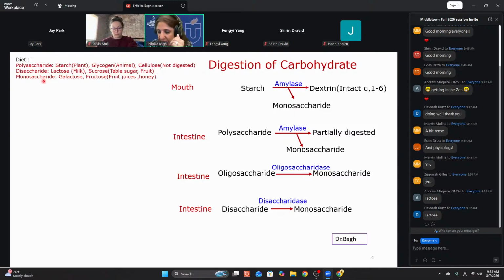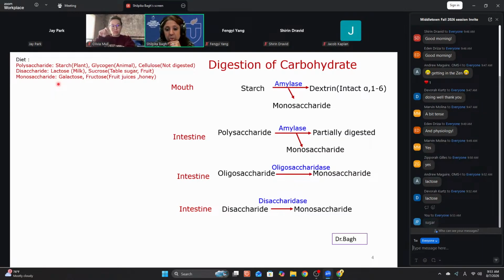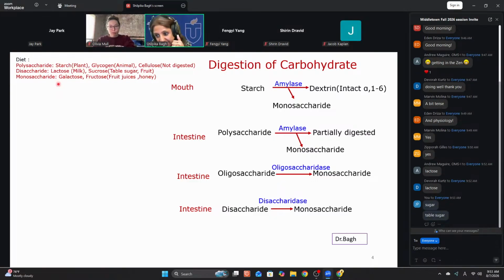Polysaccharide starch comes from plant. When you go to bake sales, you first have to understand what you are consuming. Secondly, you have to understand what type of source of a carb will cause signs and symptoms in which disorder. So you should first know this. Starch, plant. Glycogen, animal. Lactose, milk. How do you consume sucrose? Sucrose is sugar, table sugar. That's not the sugar grown on a table, but the sugar that you consume.